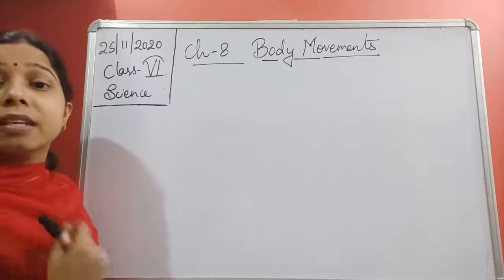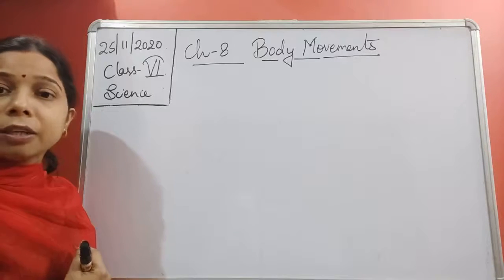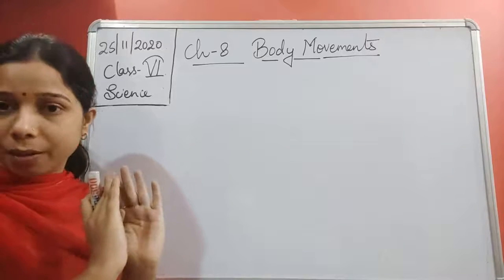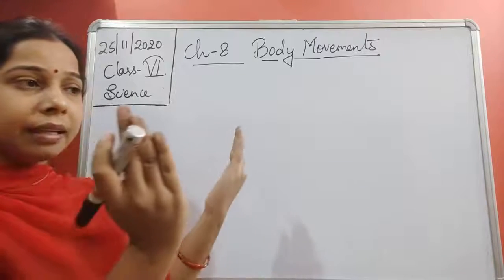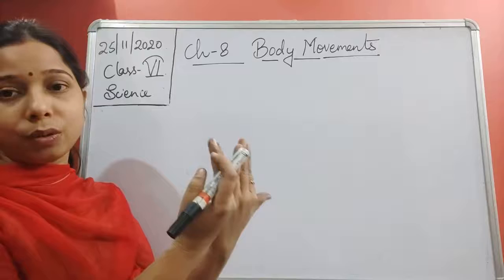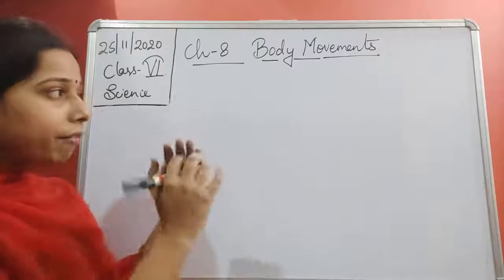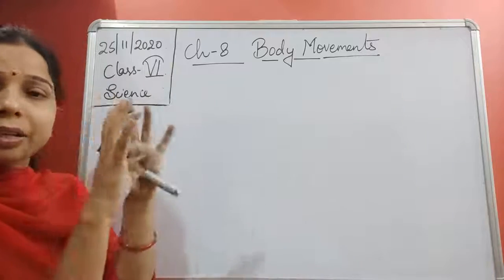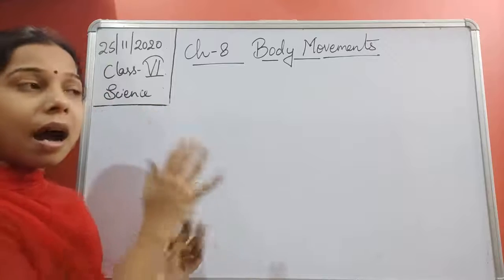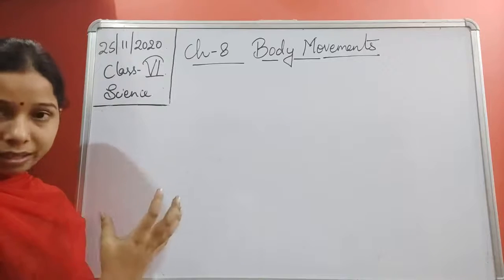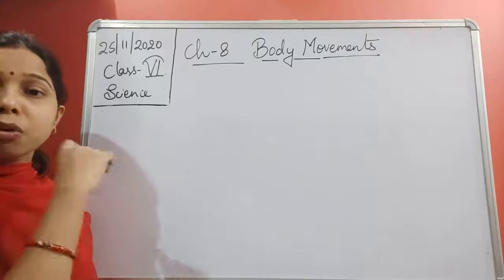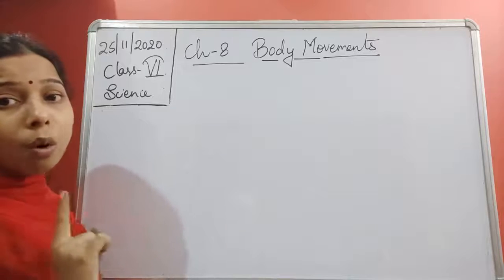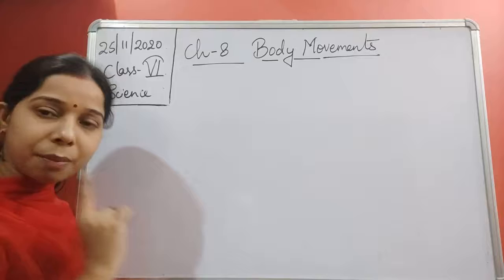Then the next bone is the rib cage. The rib cage is basically the chest bone, students. It starts from the backbone and finally ends and meets at another bone, the breastbone. When the ribs start from the backbone and meet at a point, they form a cage-like structure, known as the rib cage. It is present at the chest portion, so we call it a rib, and since it makes a cage-like structure, we use the term rib cage.